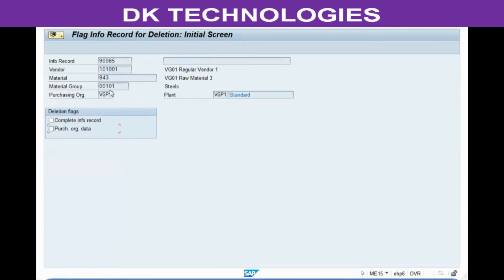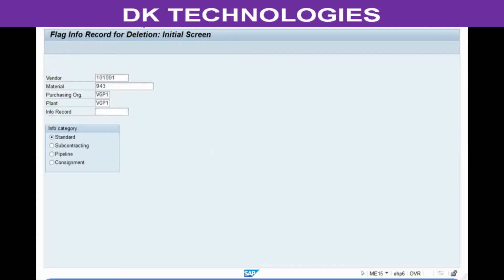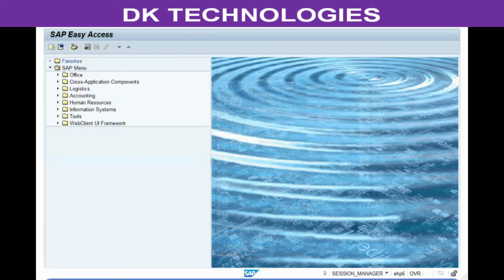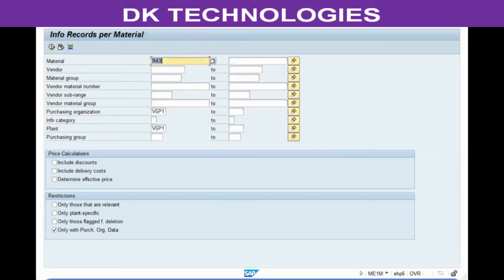But if this vendor is not supplying this material to any plant under any purchasing organization, that is to the company code itself, then you're going to select complete info record. Right? So this is what, and if you want to create the list of info records, you go to ME1M